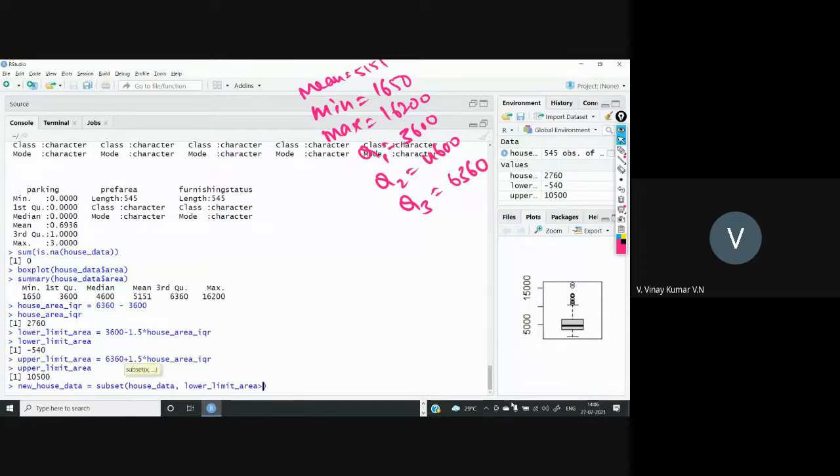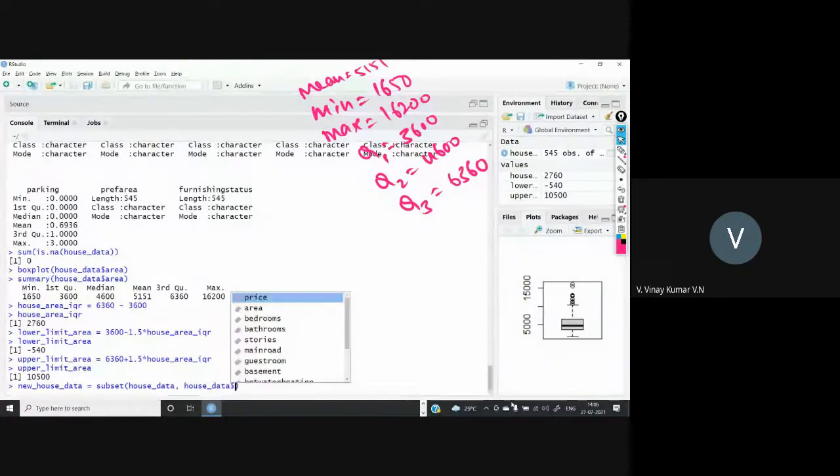In house_data, the area column should be greater than minus 540. These are the records I want.